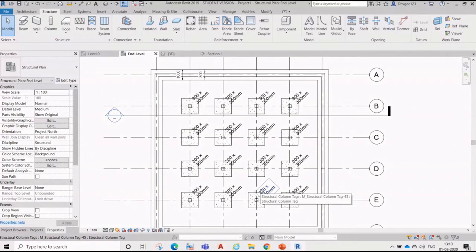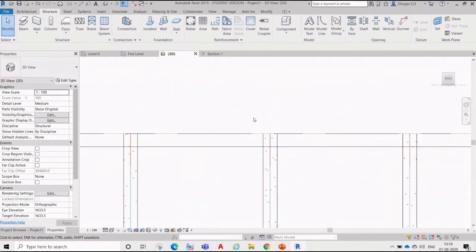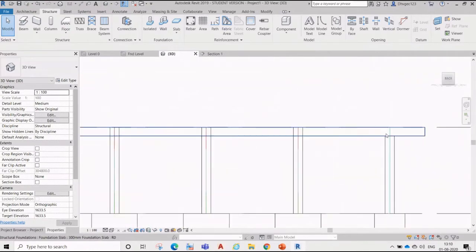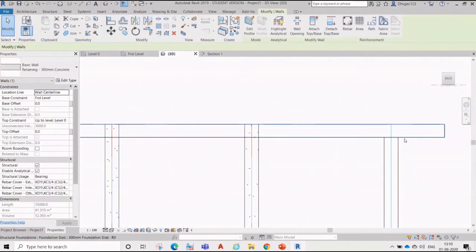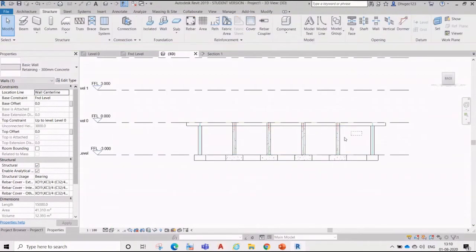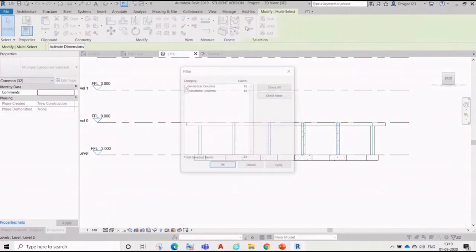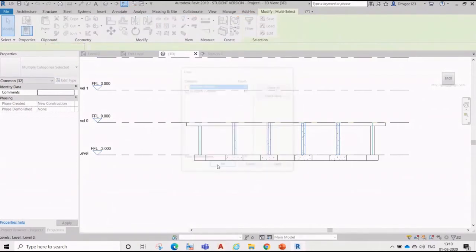attach that column below, so that the quantity will not be multiple. Otherwise what will happen, for this area, the slab concrete quantity will also come, and the column concrete quantity will also come, so that will become multiple. Same for this one, it will not attach this wall below the concrete, below the slab. So this area concrete will be a multiple quantity. Okay. So right now we fill the analytical now.